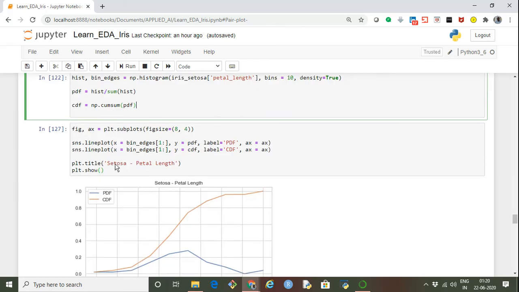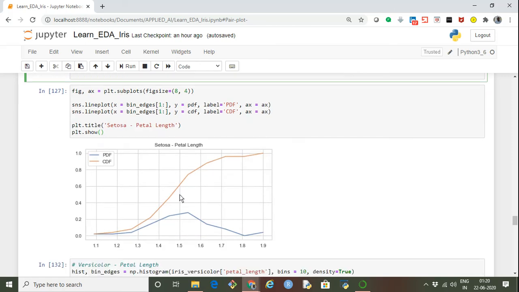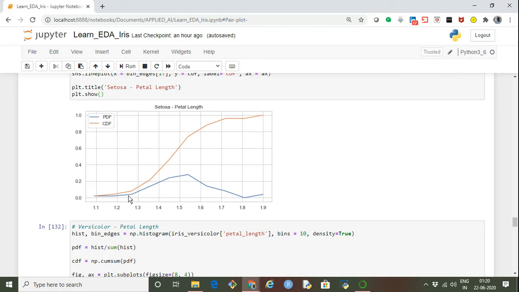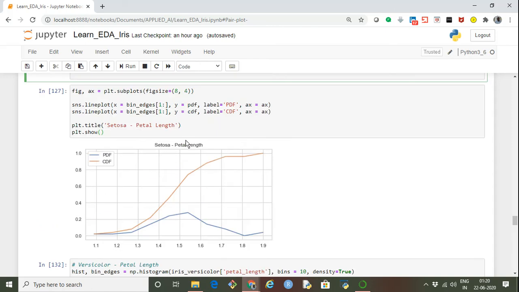So if we plot these PDF and CDF for a given variable in the same plot, we get charts like this. The advantage of plotting a CDF and a PDF in the same plot is that, for example, this red line is the cumulative distribution function, and this is the probability density function.